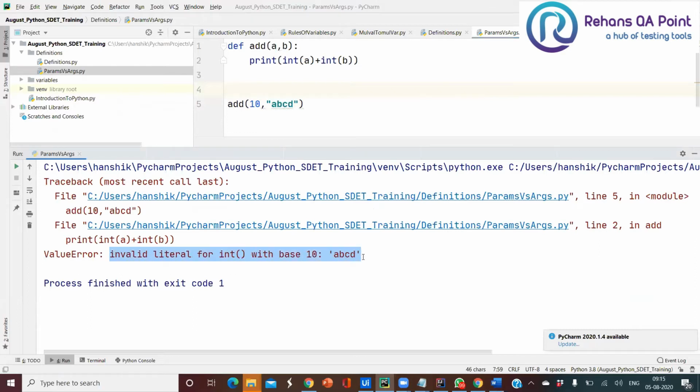This does not fall in the range of 0 to 9, because we have numbers from 0 to 9 only. So it will check whether the given value is falling in between 0 to 9 or not. As it is not falling in between 0 to 9, it cannot convert into an integer. Okay, so the lesson I want you to learn from here is,